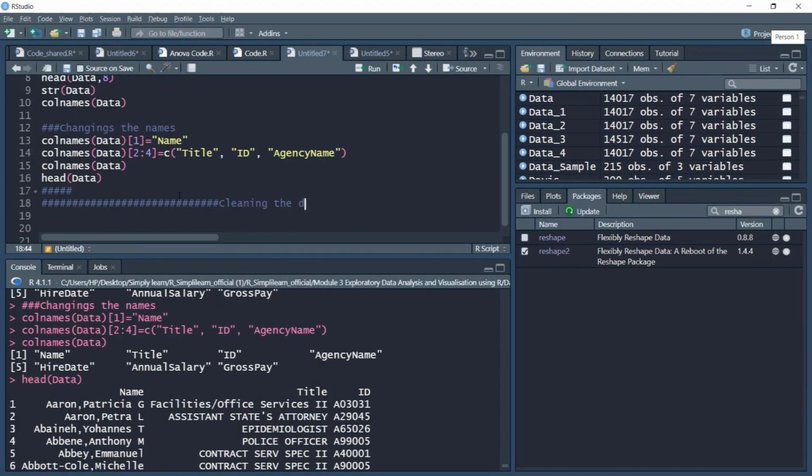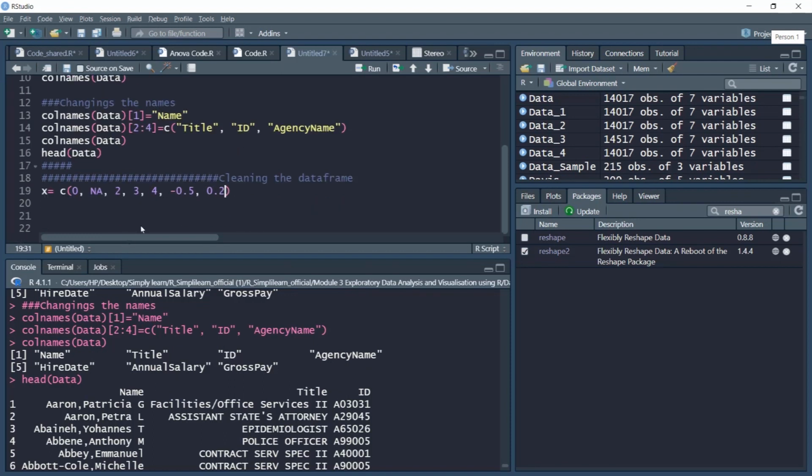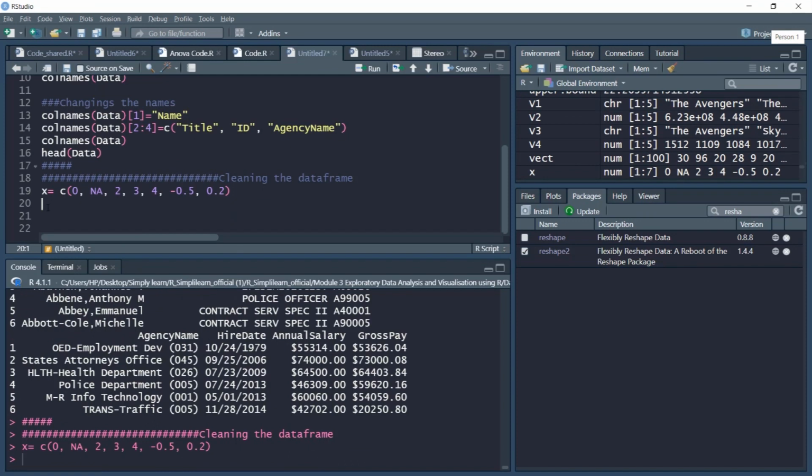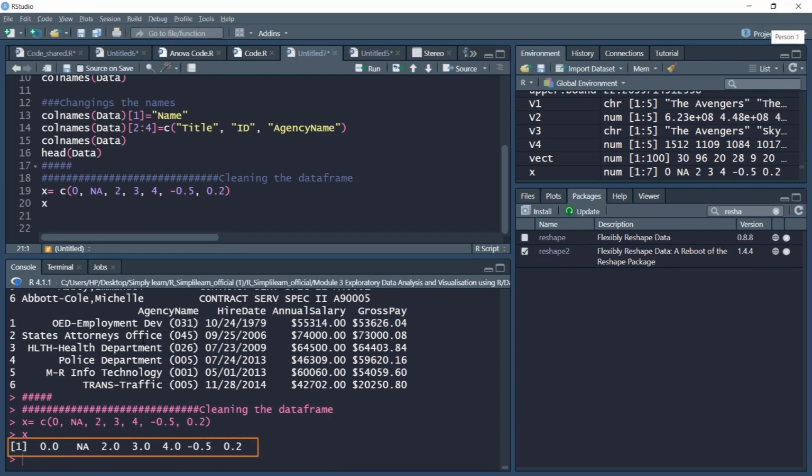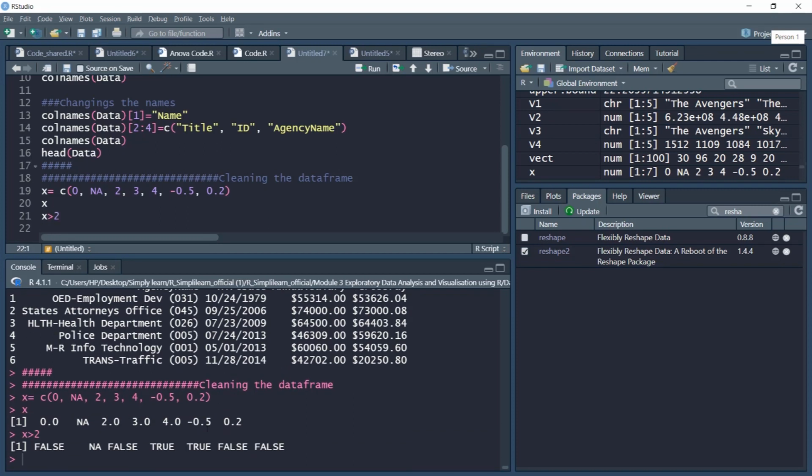Cleaning the observations and cleaning the data frame. Let's consider two vectors. We have already seen what a vector of variables is. It contains NA values also, so it contains certain values along with NA observations. If I print this variable, I'll get those values including the NA observation. Now if I run this command x greater than 2, notice that the second element on the console is NA, which